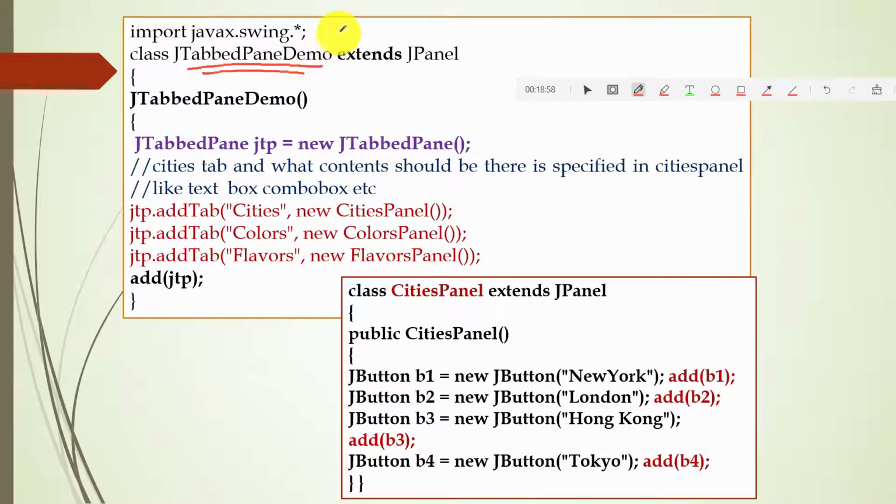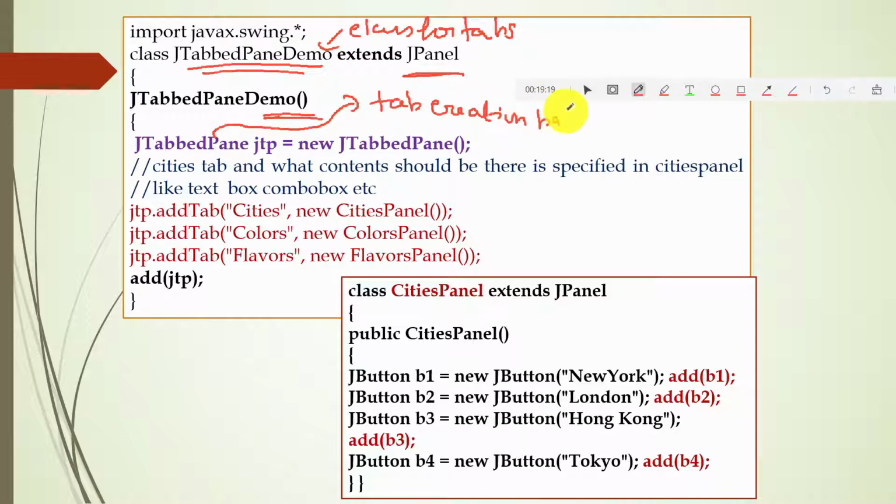This is for the tab, and it will take control of the tab. So I can write a class for tabs, and this extends JPanel. Then here is a constructor. What is this constructor going to do? It is going to create the tabs. So tab creation happens here.